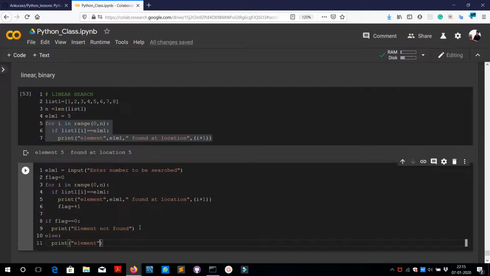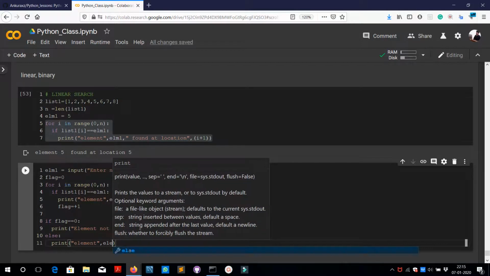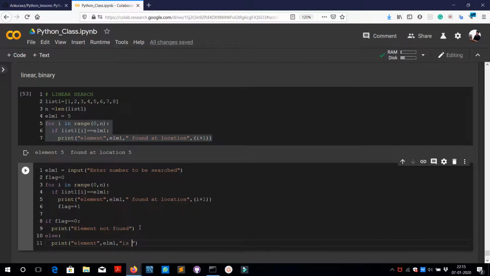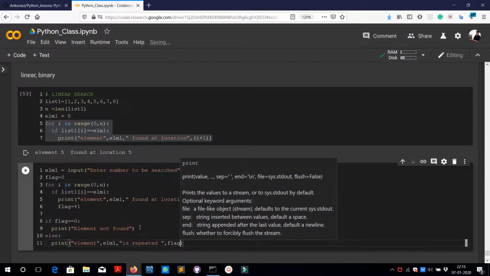So you now separate it with a comma: elm1 is repeated, comma, flag